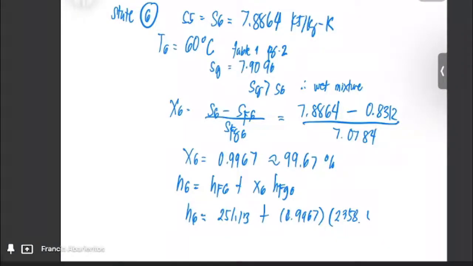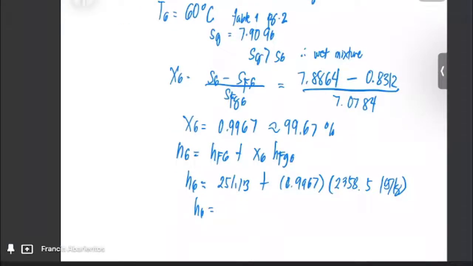Ay, wow, naka-compute na. So, H6 now is equal to... yung iba, tulog na. Mahaba ng solution. Plus, reheat pa lang tayo. Wala pa tayo sa regenerative. So, this is now 2601.5